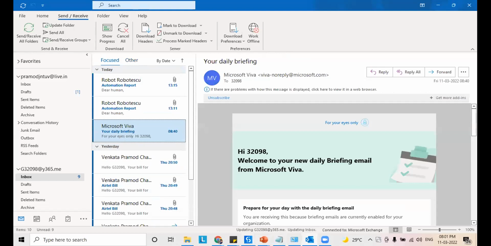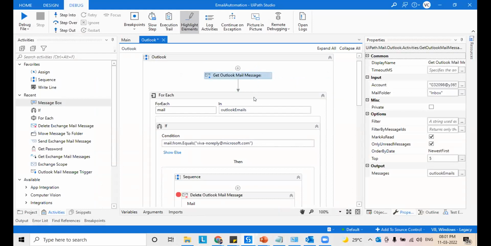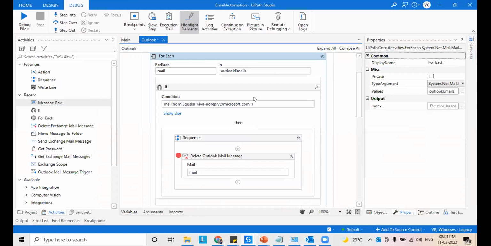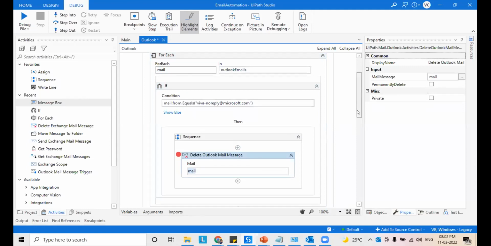So what happens is when we fetch the emails and then iterate through each email, this particular mail variable contains the entire data of an email. Now we are applying a filter on this particular mail message, and if that mail condition is satisfied, then we go to the then part and do the respective operation on that mail. Right now, we are trying to delete the mail when